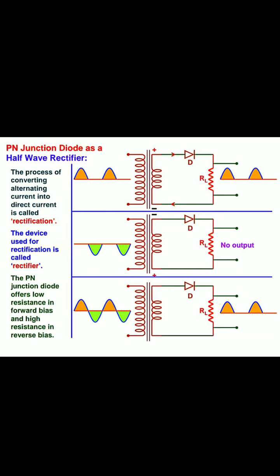Okay, but it is not good for us. Whatever input we give, we get only half of it as output, and that is not suitable for us. To overcome this, we introduce the full wave rectifier. I hope it is clear. In the half wave rectifier, for the negative half the diode will not allow the current to pass through it. So at the output we do not get the current, that's why a gap is there. The gap represents the negative half. So whenever you draw this output graph, you also use that gap.